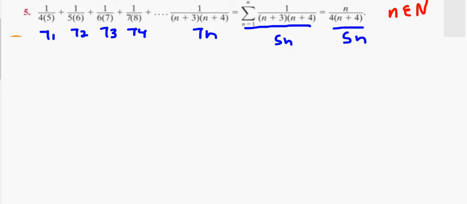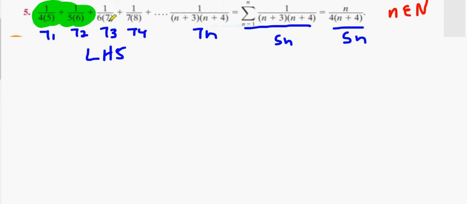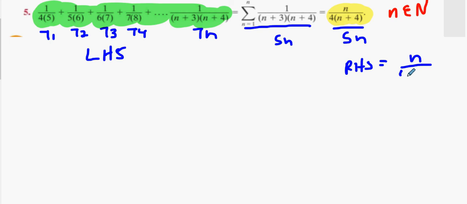Now essentially you're proving that the left hand side, which is in yellow or green, is the same as the yellow side, which is the right hand side. Okay, so you say RHS equals n over 4n plus 4, and LHS. And you've marked that in the question anyway, alright? So, left hand side, right hand side. Okay, step 1. Test